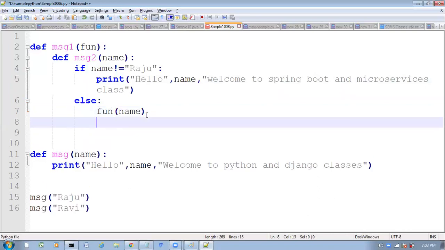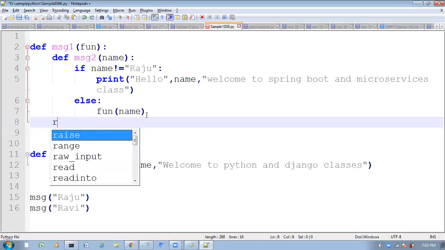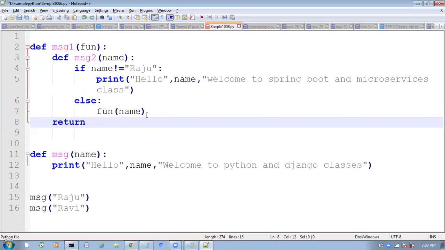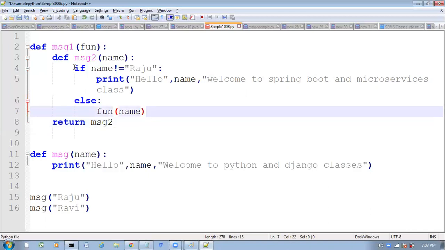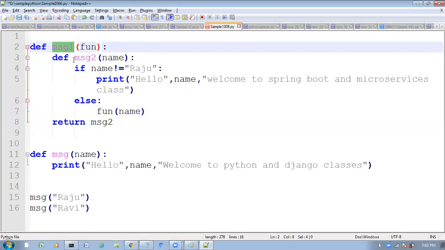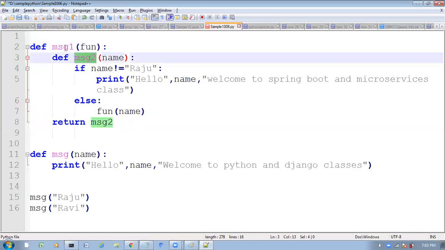Now finally what will message 1 function return? It returns message 2. Here message 1 is the outer function and message 2 is the inner function. The outer function will return the inner function.